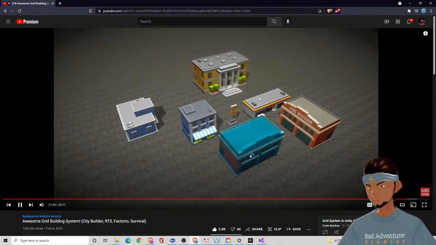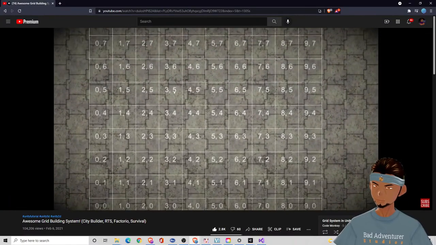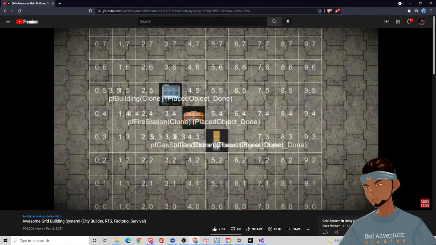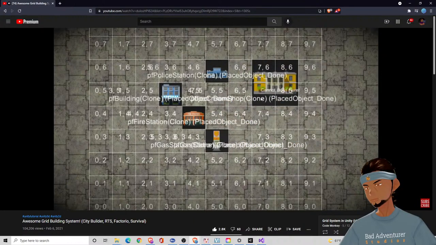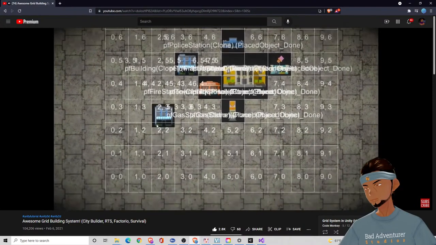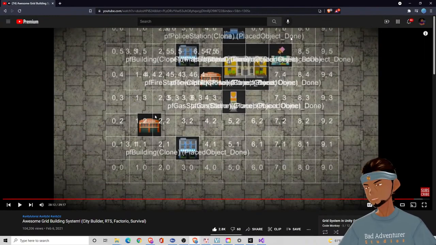Alright, so here is our system working fully in 3D. And then over here, I've got a working 2D version. Now the logic for this one is pretty much exactly the same, except for the grid class that I'm using is the 2D grid class. Then the mouse position is also calculated differently. And the prefabs, they have sprites instead of having 3D meshes. So there you go, I can place any of them anywhere. And yep, all the logic still works. So if I place this in there, nope, cannot build, place in there, and it does work. So as you can see, it's very simple to make this same system work exactly in 2D. You can download the... So